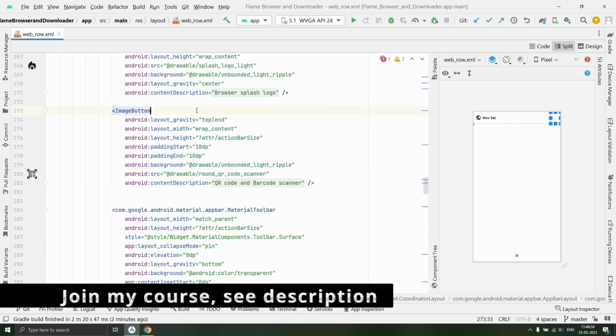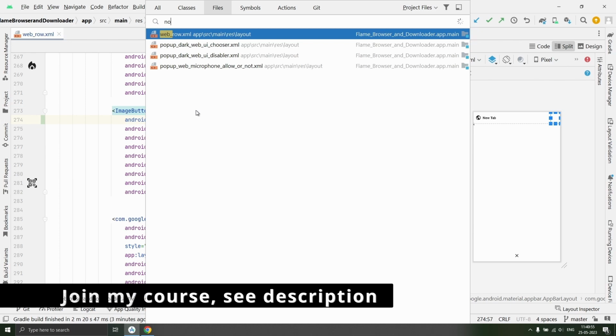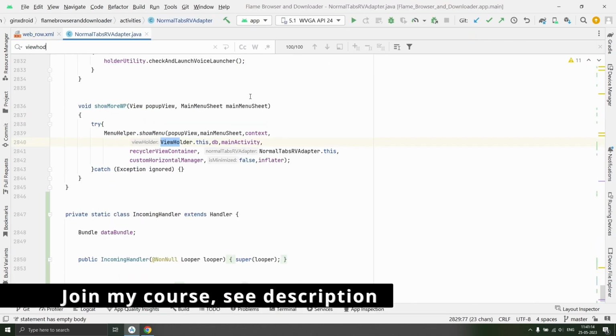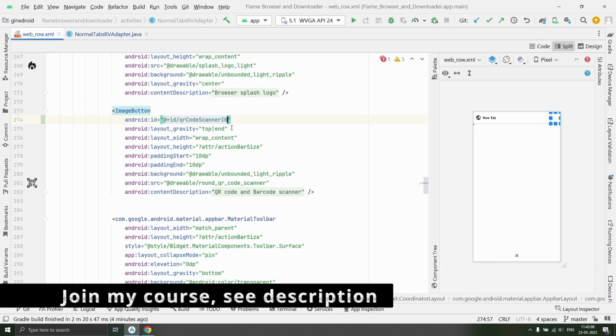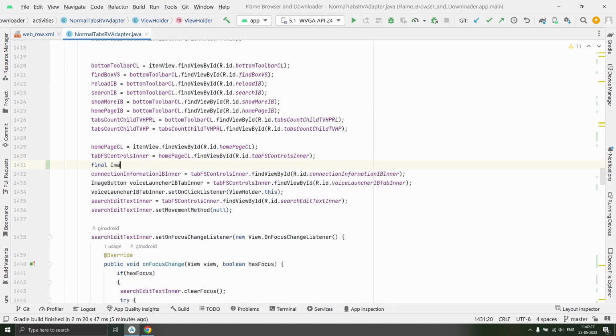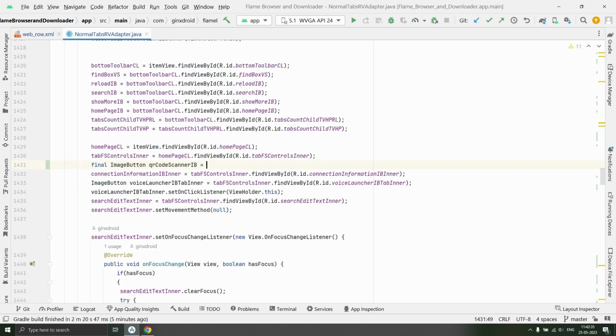We'll give it ID, QR code scanner IB. Now open normal type survey adapter. Now in the ViewHolder class, we are referencing tab fs controls inner from homepage CL. So we will declare final ImageButton QR code scanner IB, and we will reference it from homepage CL itself, and we will set